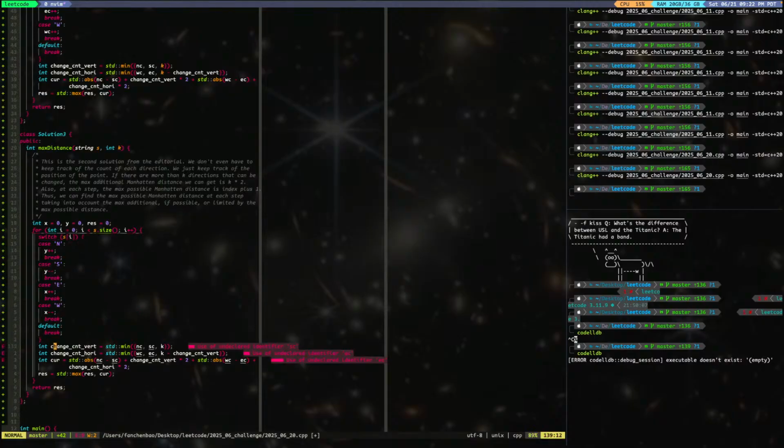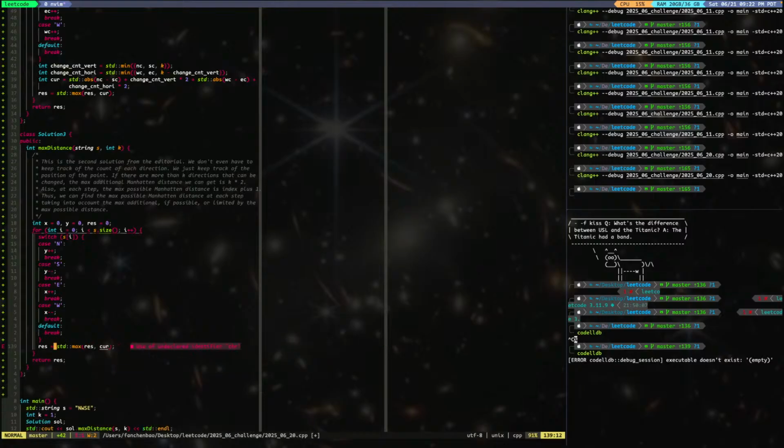Okay, and then here is the magic. We have the current Manhattan distance, and then we can also get the maximum you can have, which is 2 times k. And also it will all be limited, right? So we should say res shall equal the maximum of res